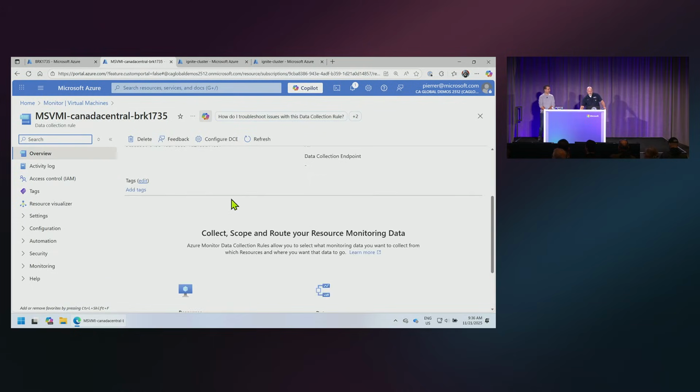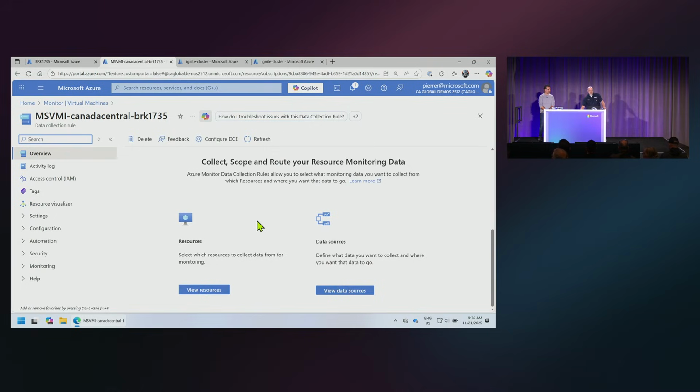Yeah. So when we're looking at collecting data for our virtual machines and our AKS clusters and nodes, we have to figure out what the resources are. So which resource we want to collect from, because we don't want to collect from everything. Like, do we really care that the print server has got a 99% uptime versus a 98% uptime? As long as it's up and there's no alert that it went offline, then we're good.